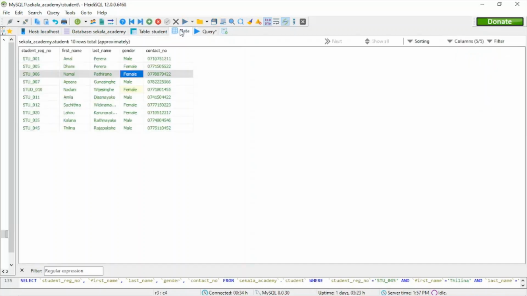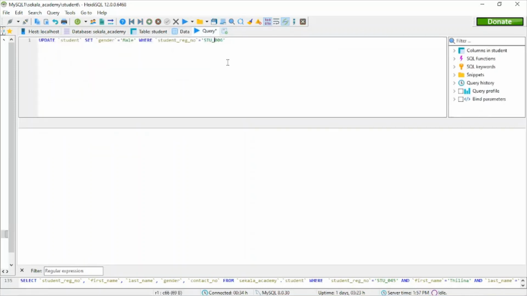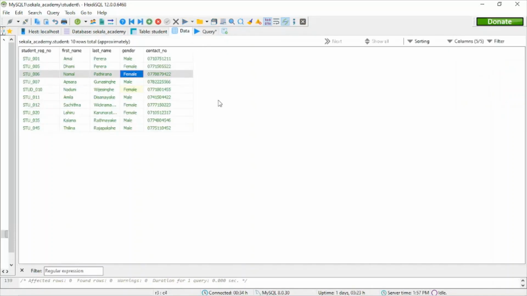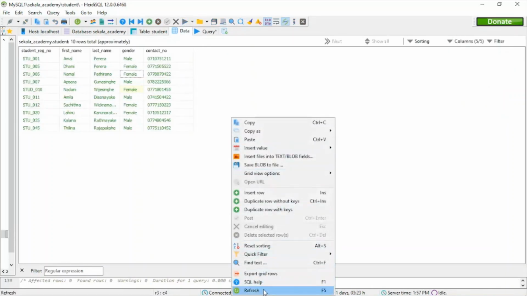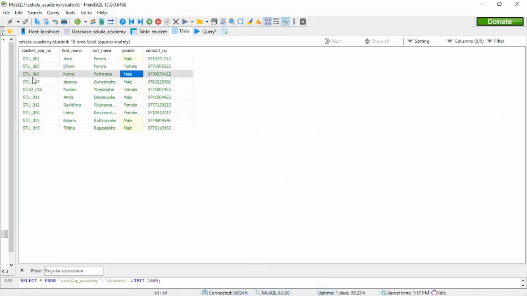I think that's correct. Yes. So put the semicolon and click on this button to execute the query. If we refresh our database, you can see STU006 Namal Pathirana's gender has been updated to